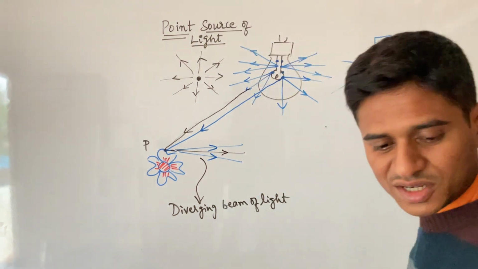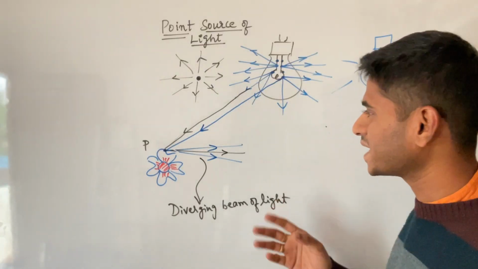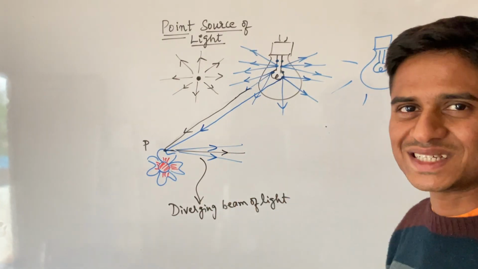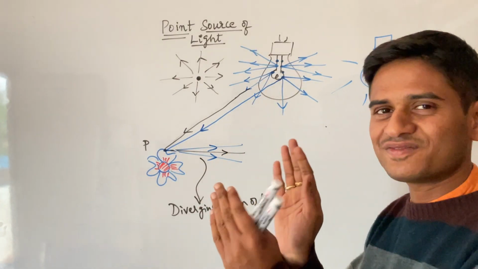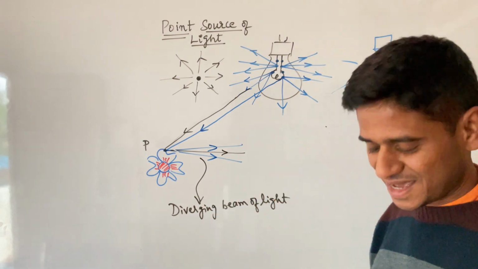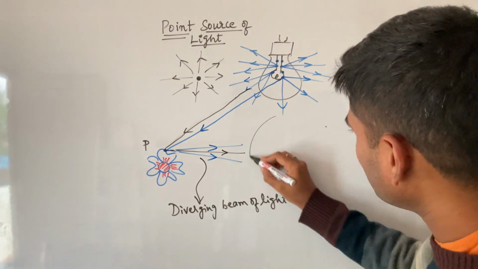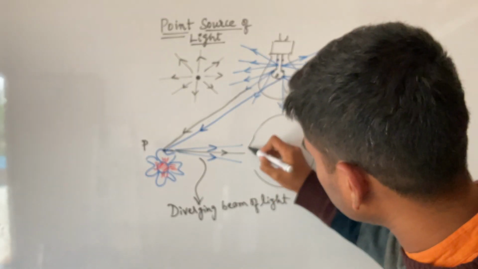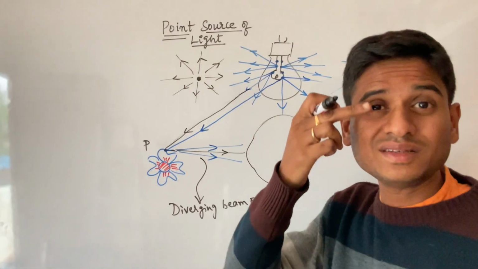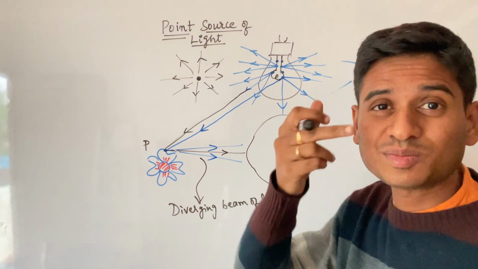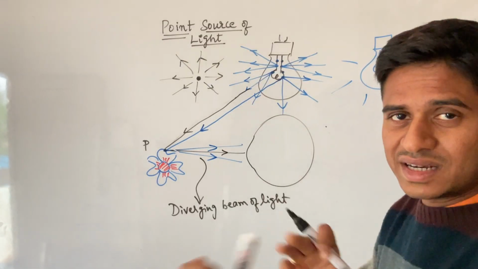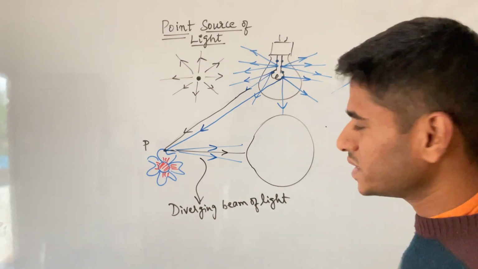Of course, to exactly understand the mechanism of the eye, you require an expert biology teacher to explain, but what I'm going to explain is the physics part of the human eye. So the human eye almost looks spherical. In front of it, it is a little bit bulged. That's what we see, a little bit bulgy portion. I'm not getting into the details. I'm going to make it quite simple.